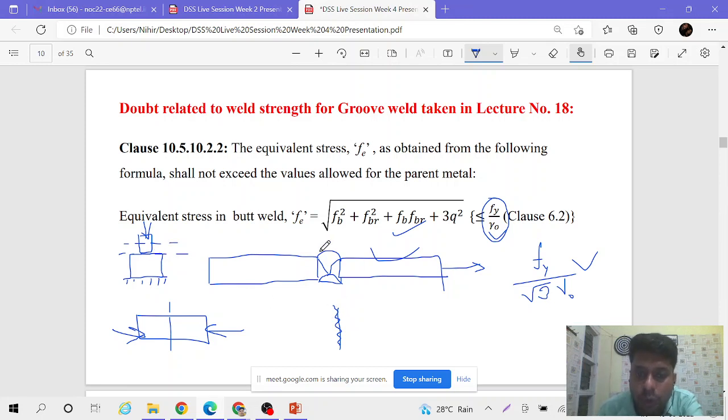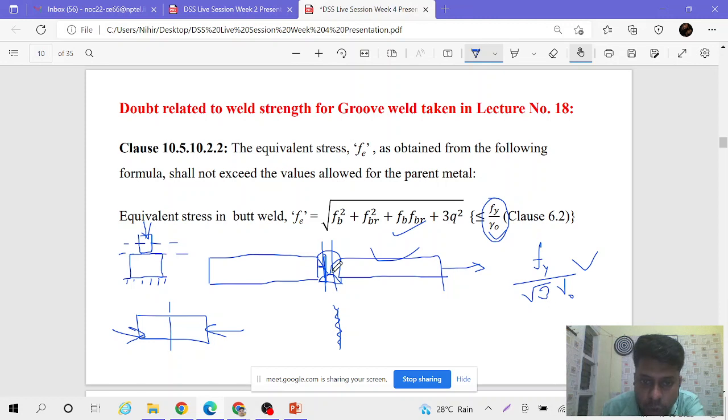In the case of a bolt, let us suppose there is a hole and you are inserting the bolt here. In the figure which I showed in the live session, if it is a bolt, then there is some space between this plate and the bolt, and when you apply this loading, the bolt will slip from this position and come in contact with this surface. So when two different surfaces come in contact with each other,